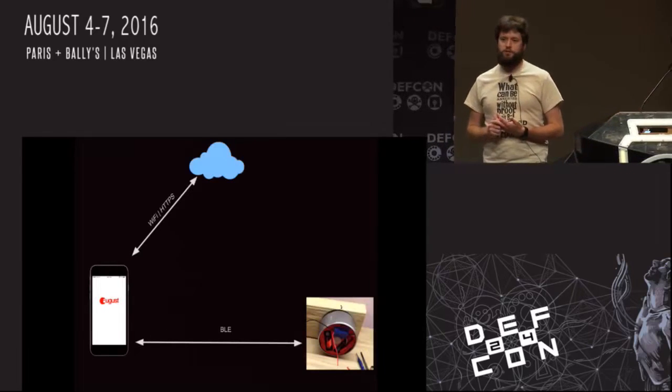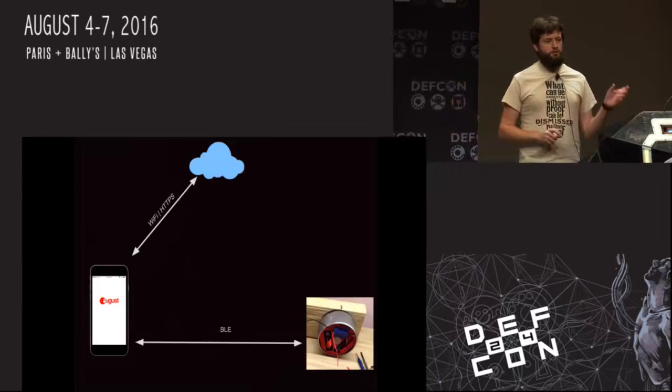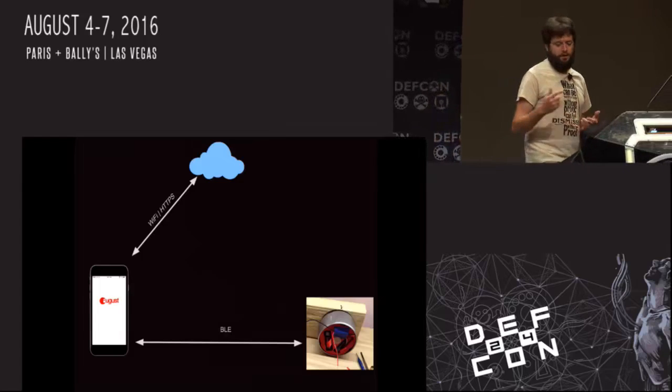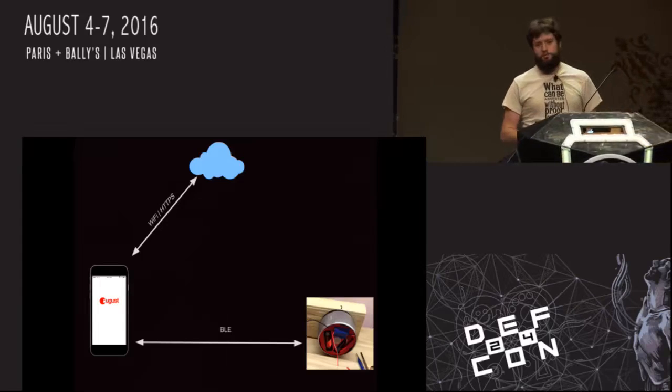There's actually two APIs in the August lock. There's the one between your phone and the lock, and the one between your phone and the cloud, or, if you read XKCD, someone else's computer. And working as a software engineer, mostly on web applications, I wanted to look at that HTTP one first, the